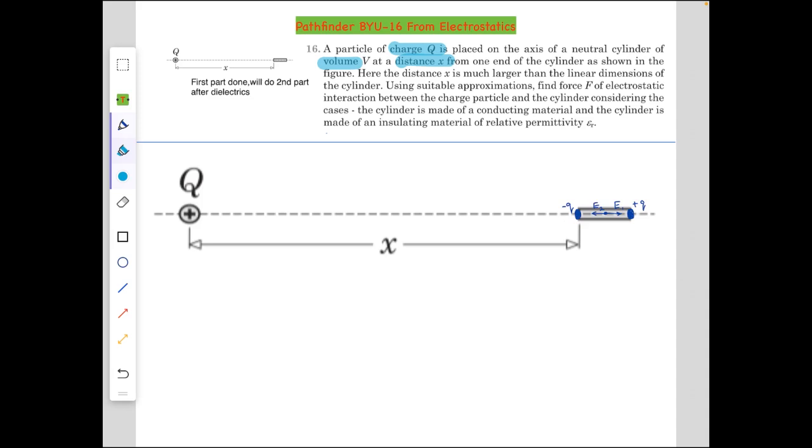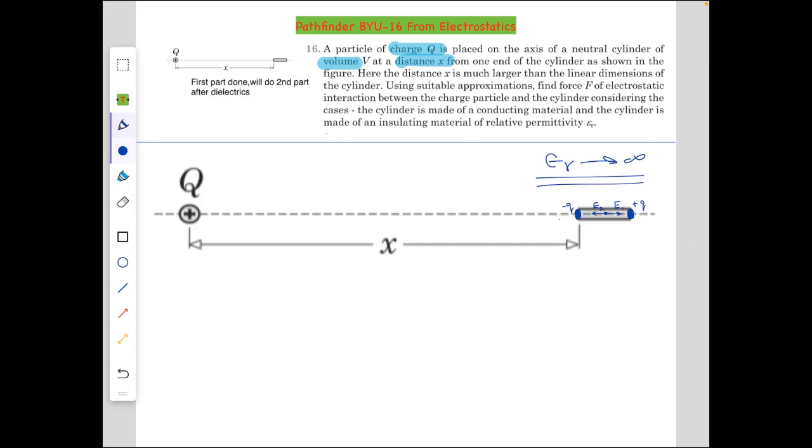relative permittivity epsilon r. So basically what is happening here is that due to the positive charge, some charges will be induced on the surfaces of the cylinder, and as it is of very small linear dimension, it will mainly be on its plane surfaces only. We have to consider the two cases, one with permittivity epsilon r and one conducting, but we will solve it only for epsilon r. When epsilon r tends to infinity, it basically means that it is a conductor. So we don't need to solve it separately, we will just solve it for a general epsilon r.